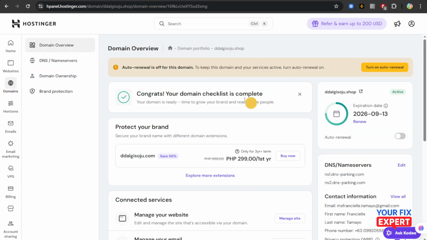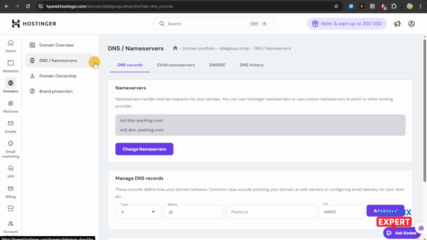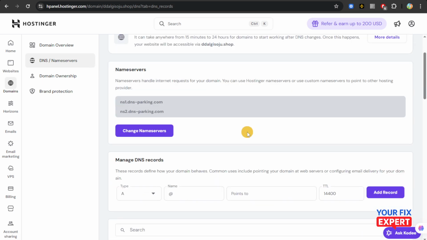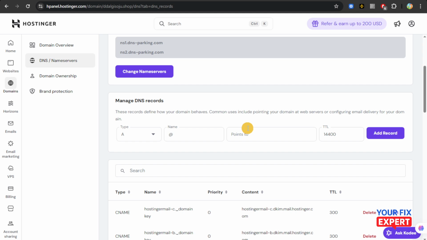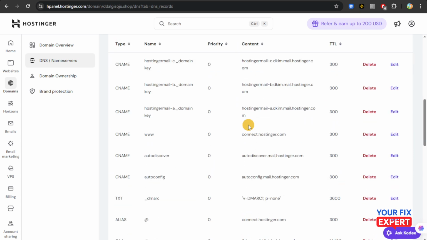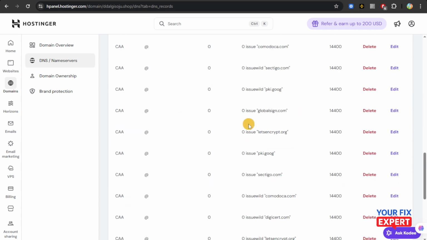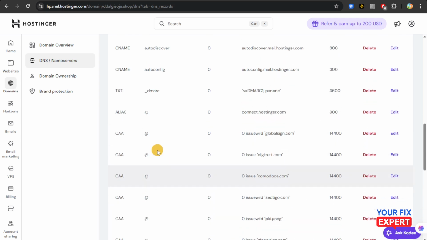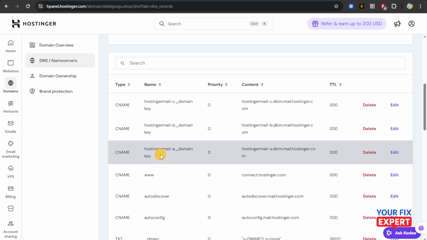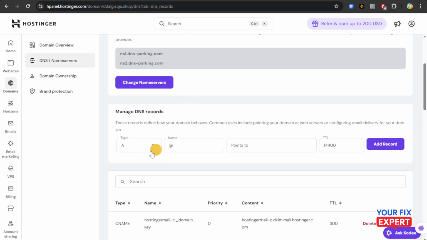And then from here, you'll be able to see the options right here at the left side. You're just going to click on DNS/Name Servers. Now, we're just going to scroll down, and then we are going to update an A record. So right here, we're going to change the A record to Shopify's IP. So we're just going to look if we have an A record right here, but as you can see, we don't have it. So we're just going to add an